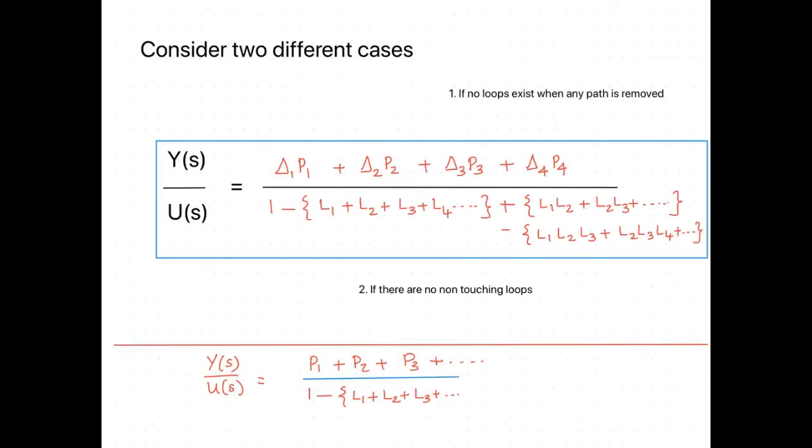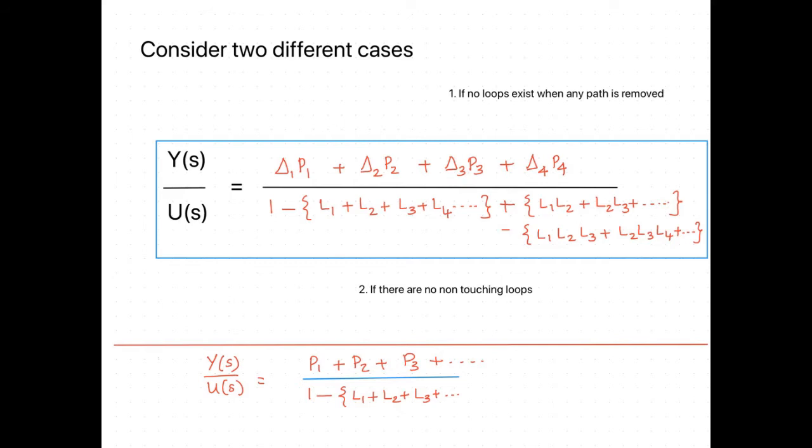Now let us see how this idea can be utilized in order to obtain the signal flow graph from a given transfer function, or how you can obtain a signal flow graph easily, how you can uniquely obtain a signal flow graph. Here, if you consider the transfer function, a unique way of obtaining a signal flow graph given a transfer function is identifying two different cases.